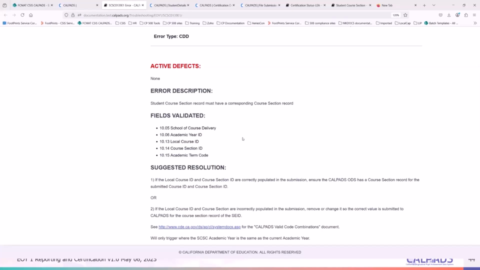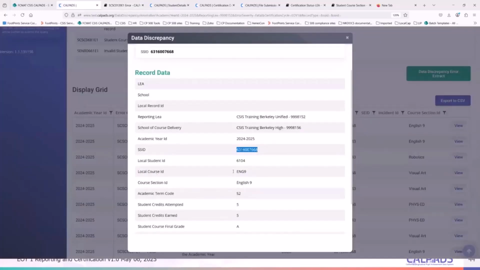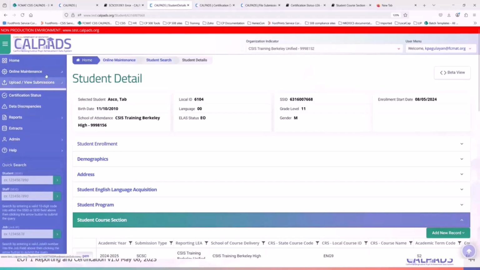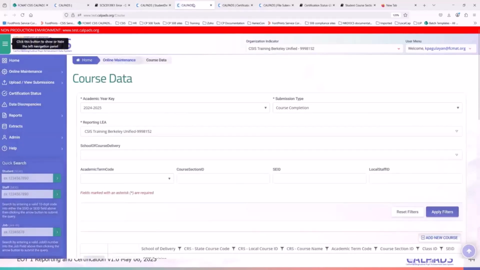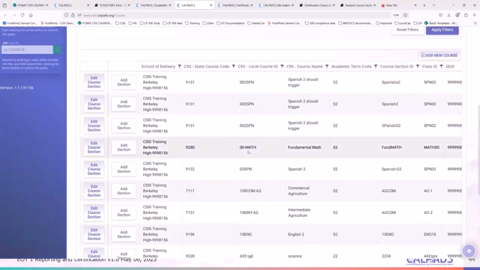So I go back to the error, copy the local course ID, and go to course data, because the data is already in CalPads, and check if that course is even reported.